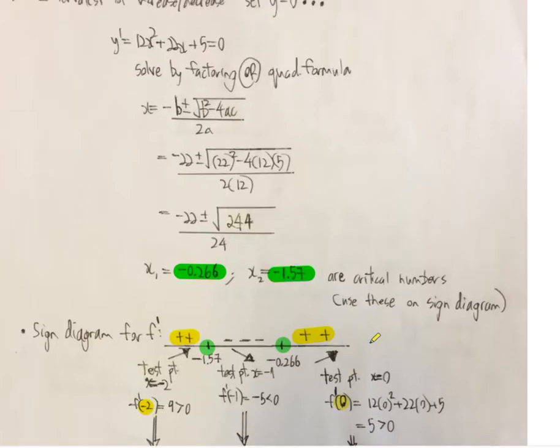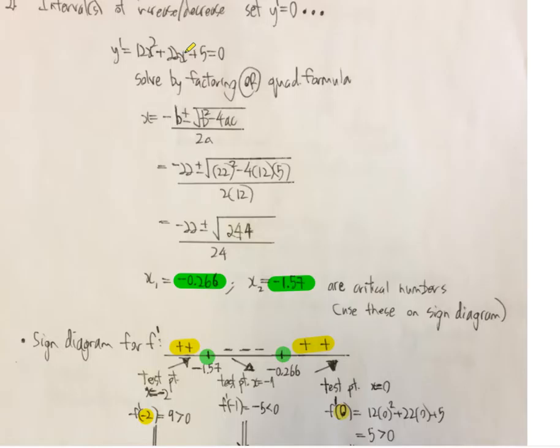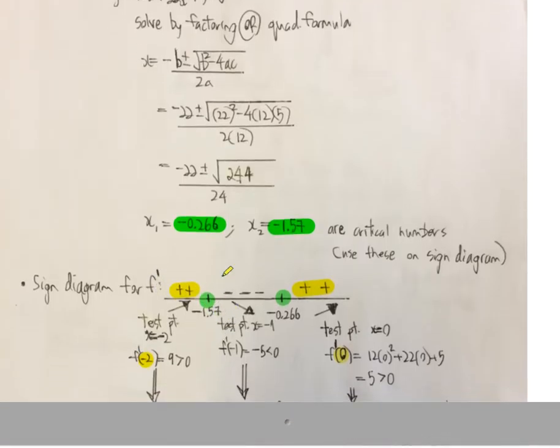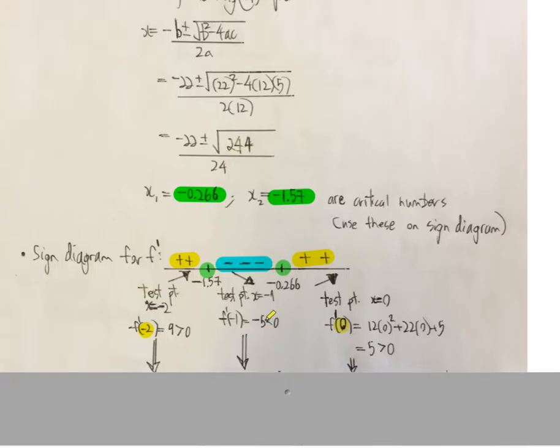And remember, our first derivative was given above here. So we're substituting our test points not in the original function. That's an important thing to differentiate. We're not substituting into the original function. This is a sign diagram for the behavior of the first derivative, and then that will tell us how the original function is behaving. And then at -1 as a test point in the derivative function, we get -5, which